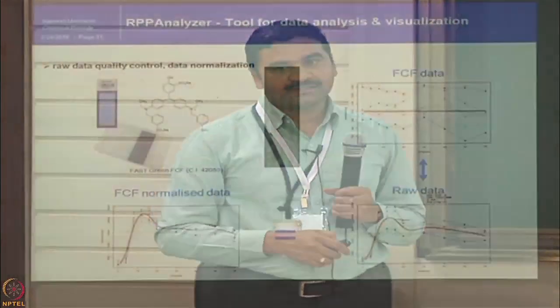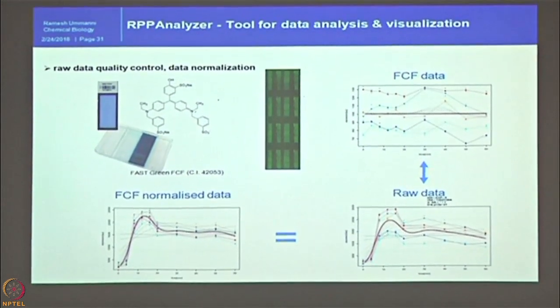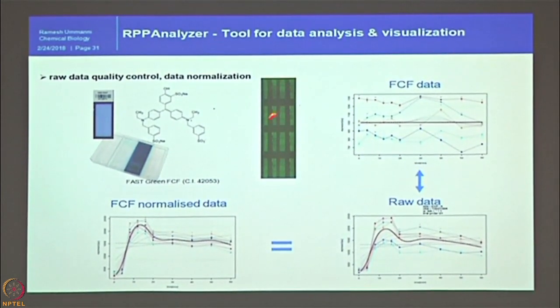How do we do it? We stain this slide with Fast Green FCF. This directly binds to the protein, and we can scan the slide at the 800 channel in the infrared imaging system. This green color indicates the total protein. We can quantify it the same way the antibody signal is quantified. You can already see in this plot that 5 or 6 different samples are going a different way depending on the time, and these signals can be normalized.